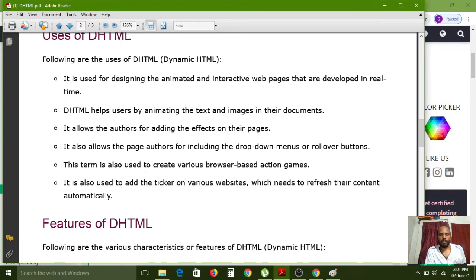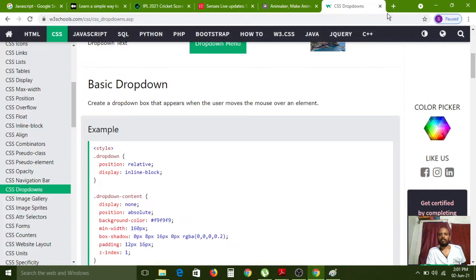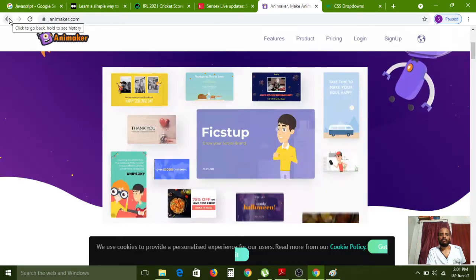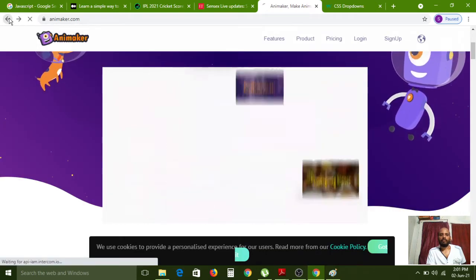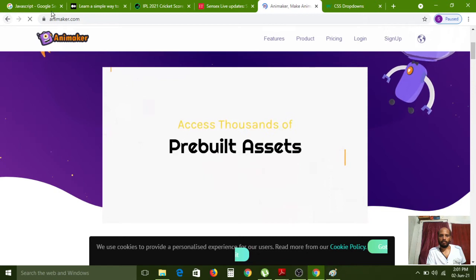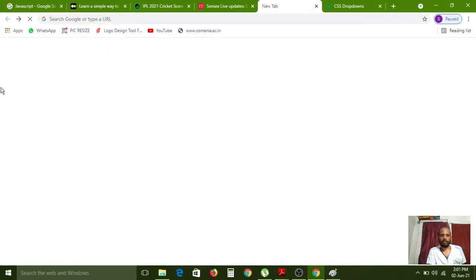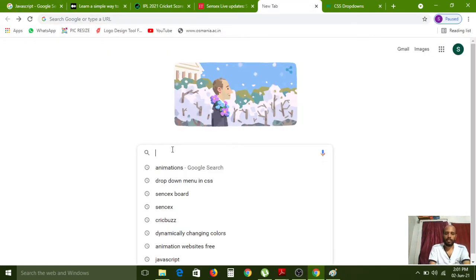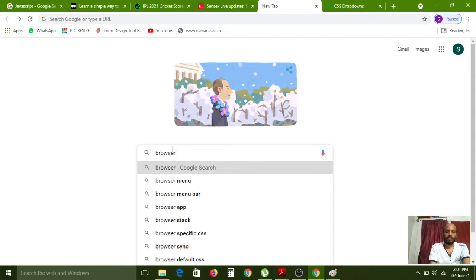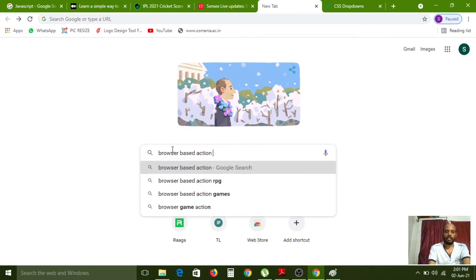And the term is also used to create various browser based action games. Now we have to see browser based action games.